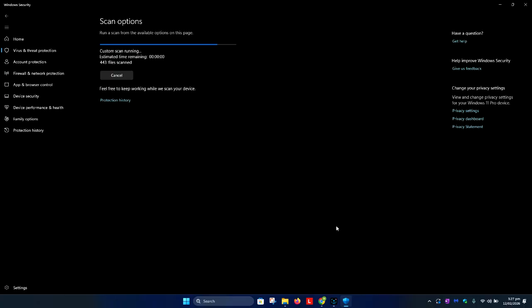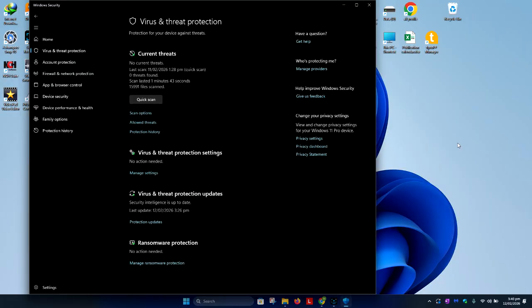The system will start scanning accordingly, and if there are any viruses or threats, it should be flagged to you. I will just pause the video here and restart to show you what it looks like after the scan is done. You'll be redirected to this page and you will see that the scan has lasted, let's say, 1 minute, number of files scanned, etc. If it has found any threat, it should be able to put it in